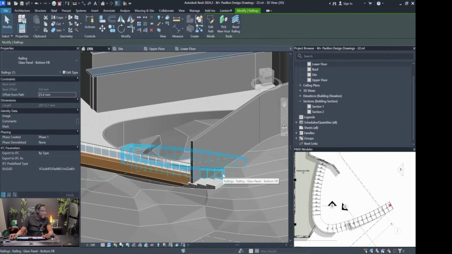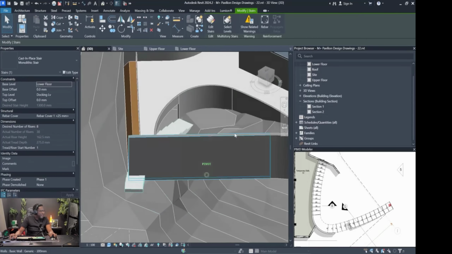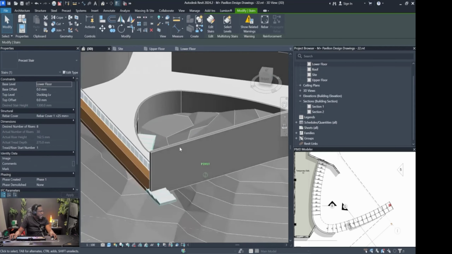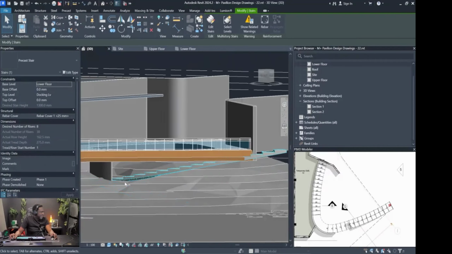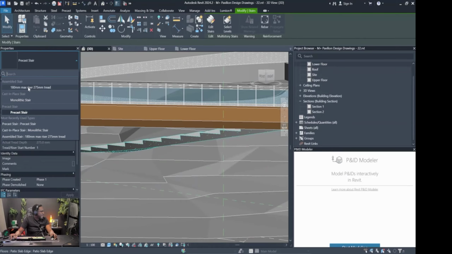Now, if we click on the stairs while we are outside the stair tool, we can actually change it to a different type of stairs. Right now it's monolithic. Let's try precast stairs. And precast is a little different than monolithic. So for example, we could also try